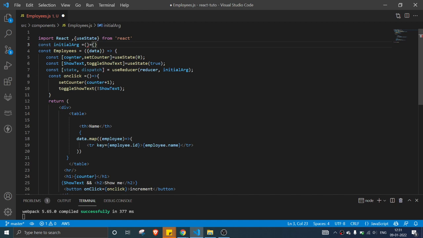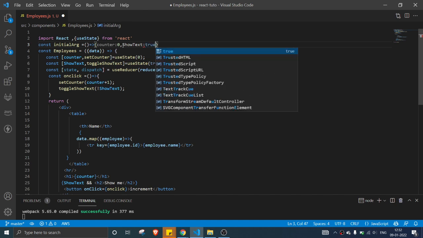Here the counter initial value is 0, then show text, default is true.